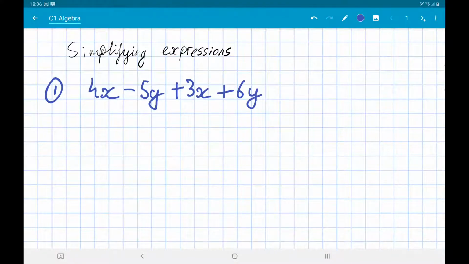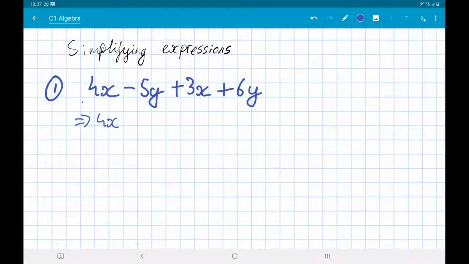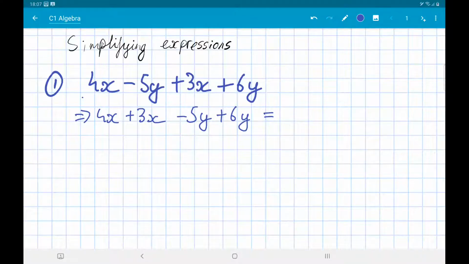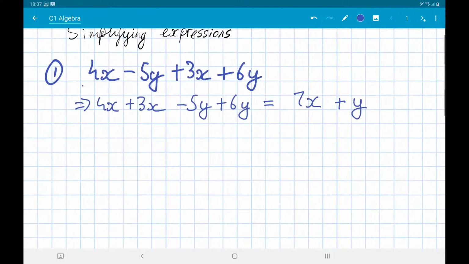So if I rewrite this, it could be written as 4x, and this doesn't equal anything because it's not an equation, it's just an expression. So 4x plus 3x minus 5y plus 6y, and now that would also equal, well, it's not exactly an equation, it's a simplification, which basically says that this side also equals that side, and that would be 7x plus y, and we don't write the 1. Okay, number 2,